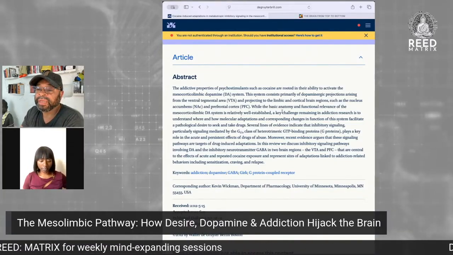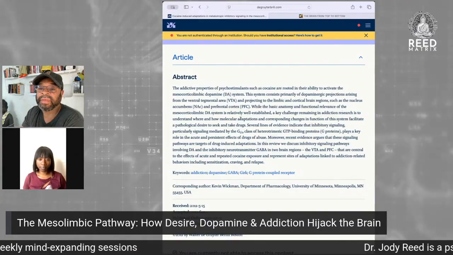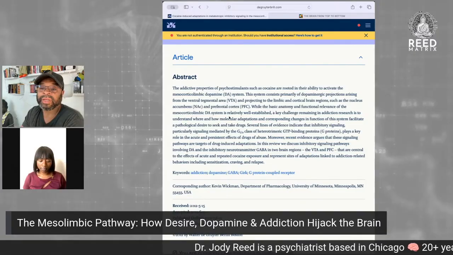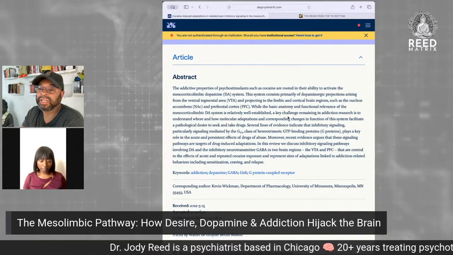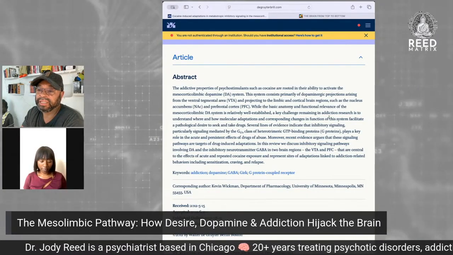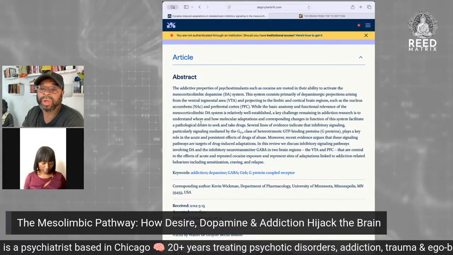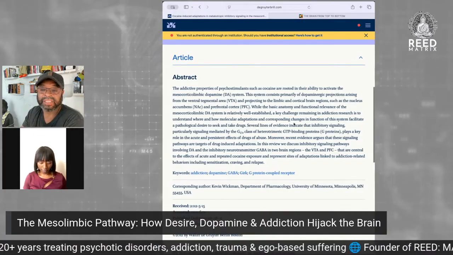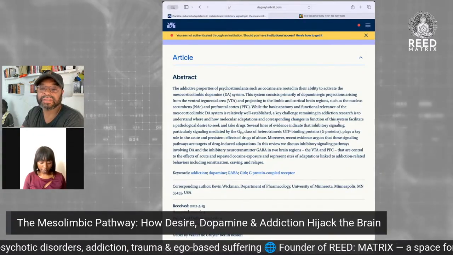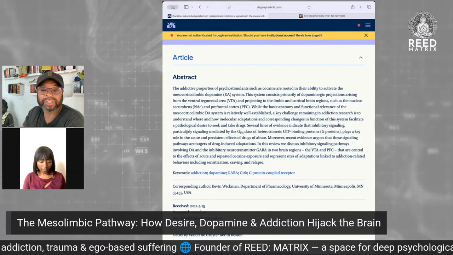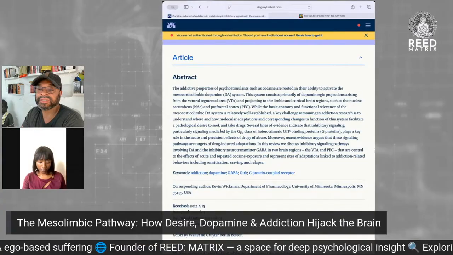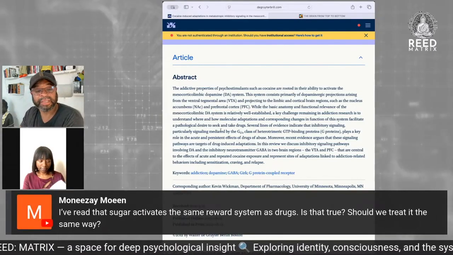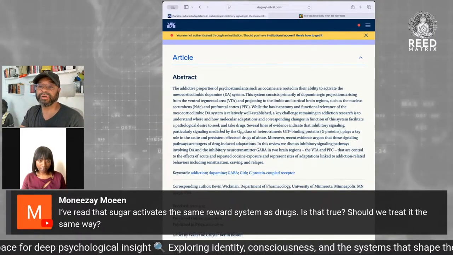While the basic anatomy and functional relevance of the mesocortical limbic dopamine system is relatively well established, a key challenge remaining in addiction research is to understand where and how molecular adaptations and corresponding changes in functions of this system facilitate a pathological desire to seek and take drugs. Yeah, so they want to see whether the underlying molecular changes lead to the behavior of pathologically, compulsively seeking